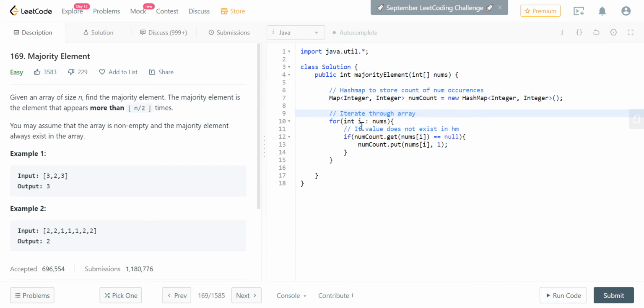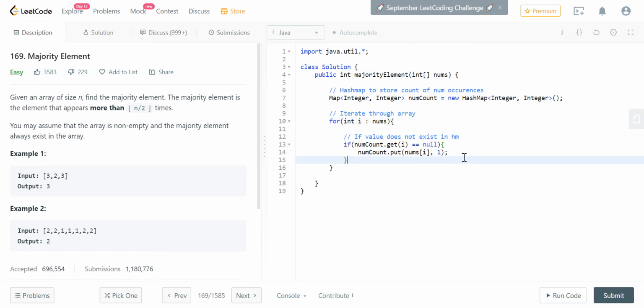We store it in i, and I guess that's why we just need to get the key, the value associated with the key i. If it does not exist, if the value does not exist in the hash map, we put the value with 1. Else, that means a value does exist. All we do is we put in the same index,